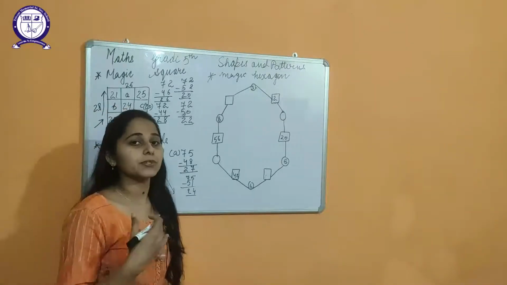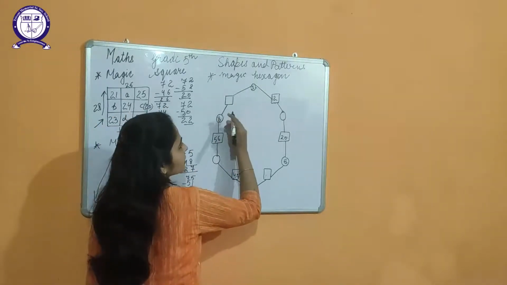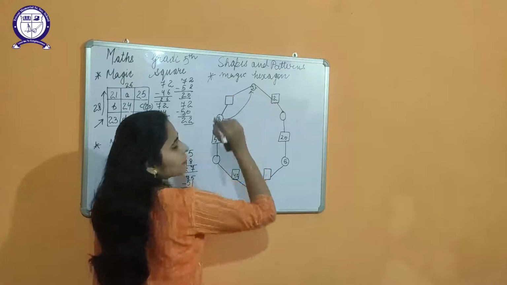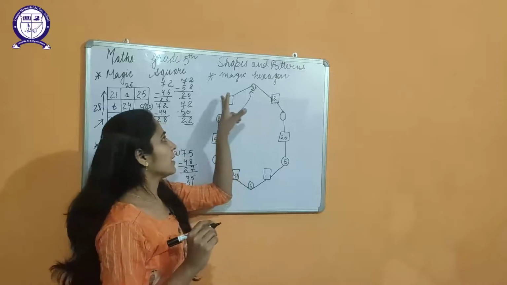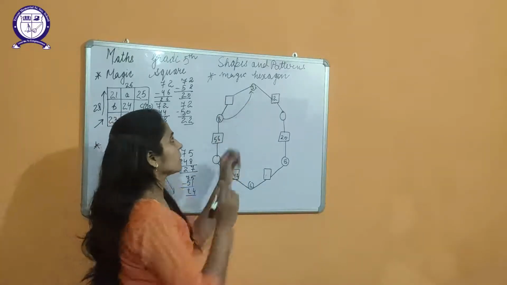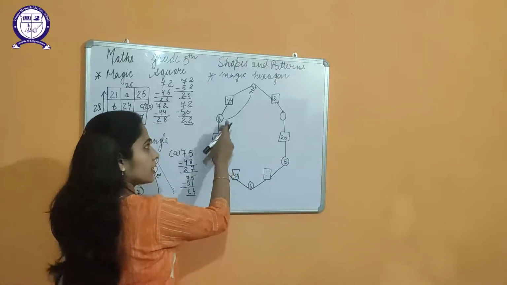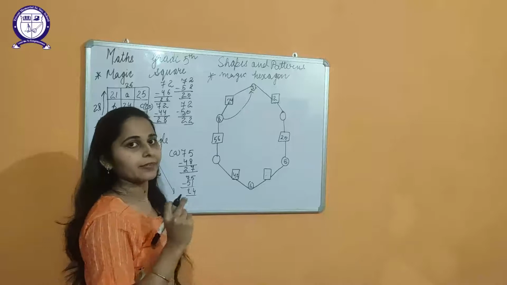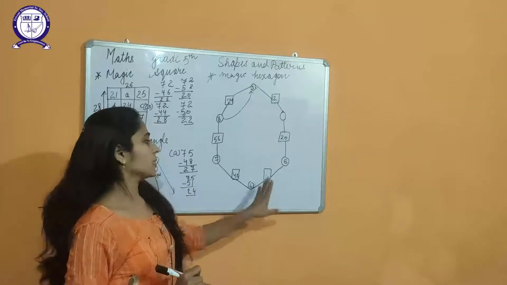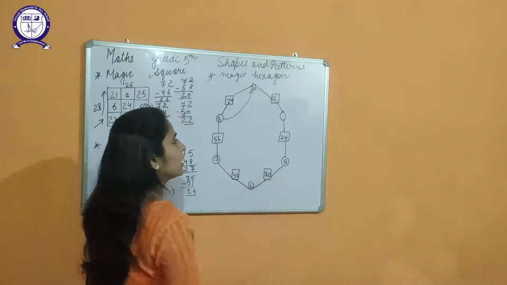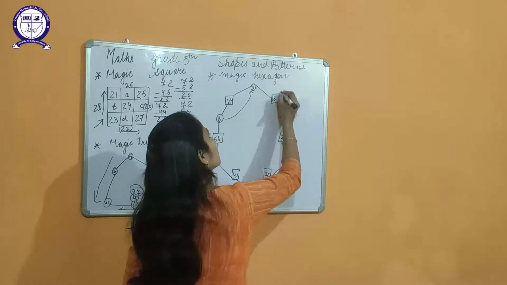The figure or the polygon which has 6 sides. So in this, what you have to take care of, the number present in the circle and the number present in the square. Yes, the numbers present in the circle will be multiplied and the answer will be written in the square. So 8 3s are 24. In the next case, here 56 is given, here 8 is given. So in the table of 8, 56 comes at the 7th place. So 7 6s are 42, 6 5s are 30. Now in the table of 5, 20 comes at the place of 4, and this will be verified itself.